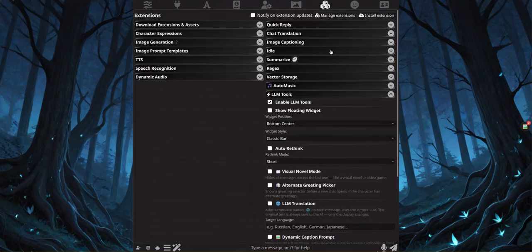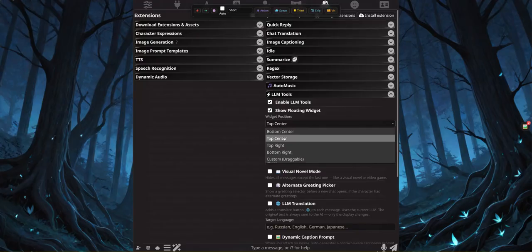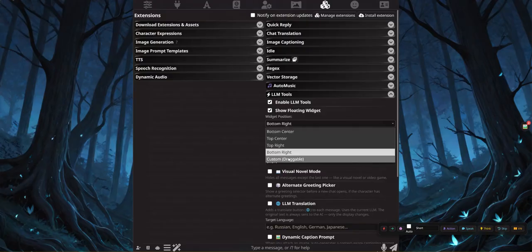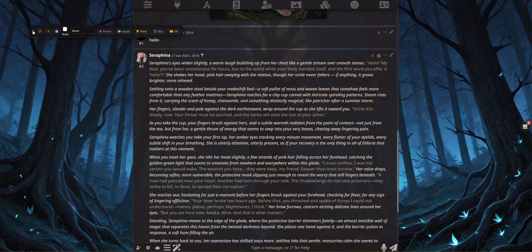So let's talk about this floating widget. Once you activate it, it will be here by default, on the bottom center. However, you can place it wherever you want, maybe here or here, or maybe the best option is this custom one. You can just drag it wherever you want, and it's actually this CSS behavior. So as you can see here,